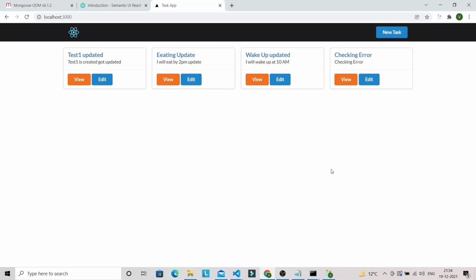In today's video, we are going to build a full CRUD application with the help of MongoDB in our Next.js app. So you can see that we are going to implement a task generator app with the help of Next.js and MongoDB. So you can create a new task by clicking on this new task button, okay?